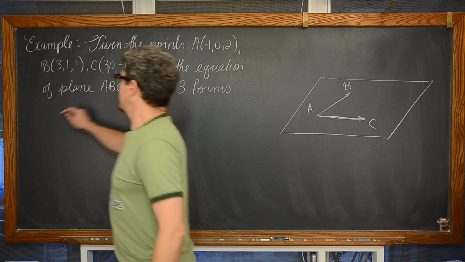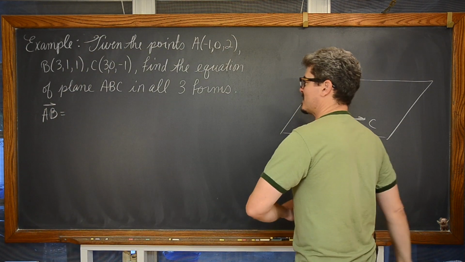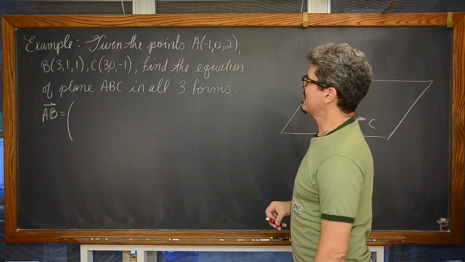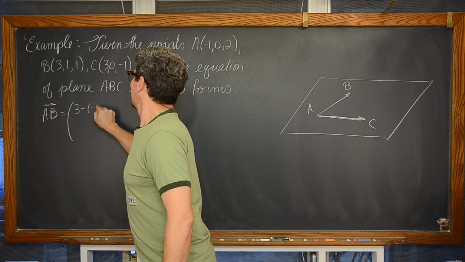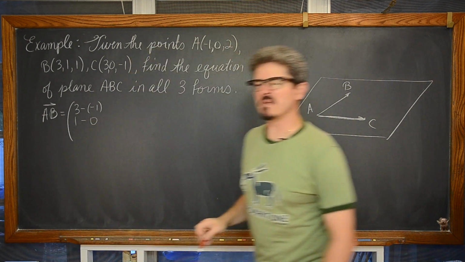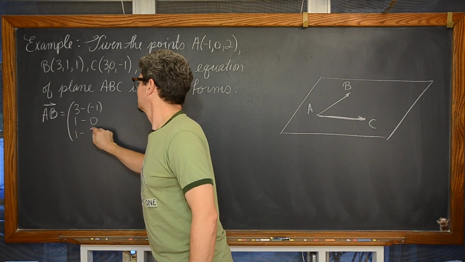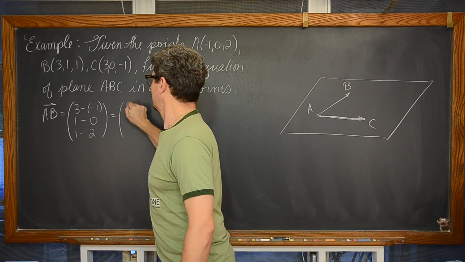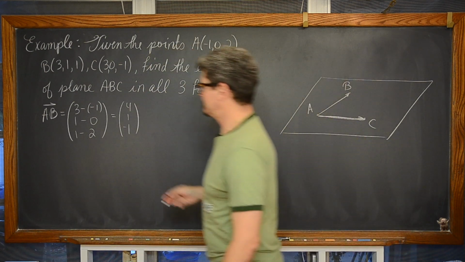So we're going to find vector AB, and this time try not to make a sign error because I'm recording this for a second time. I didn't have my live students telling me that I made a sign error, but we have 3 minus negative 1. I rely on them a lot in my classroom. 1 minus 0. I really just make mistakes, make sure they're paying attention. Right. 1 minus 2. Terminal point minus initial point. And we have 4, 1, and negative 1. There's vector AB.